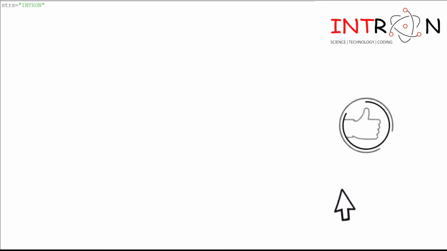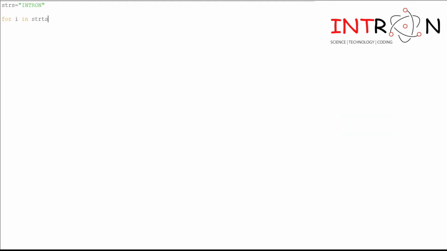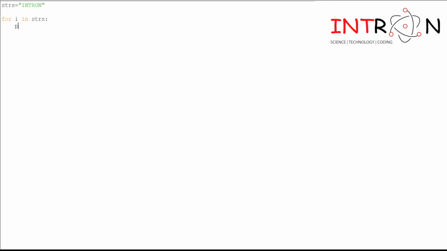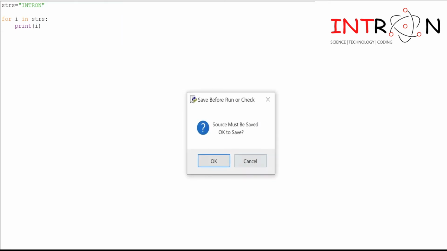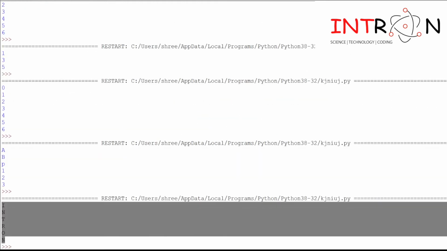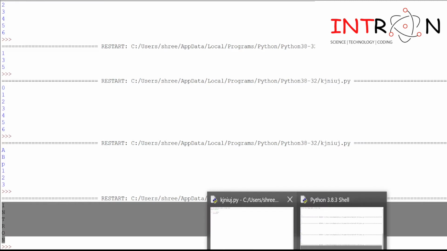You can write for i in str, and whatever value is present will be assigned one by one to i. Print i, and one by one the values will be printed. Now let's run that, and here you can see intron, with each letter being printed one by one.